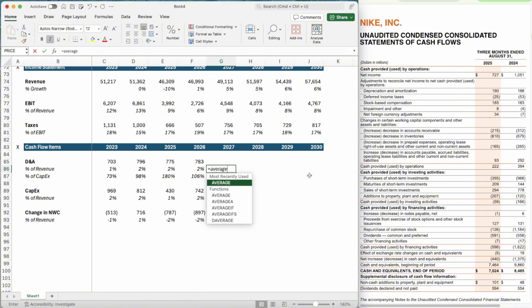To forecast these out, we'll just take the average of the last few years multiplied